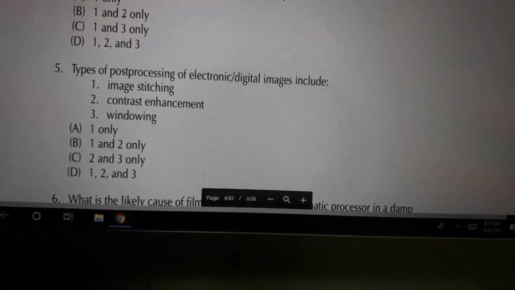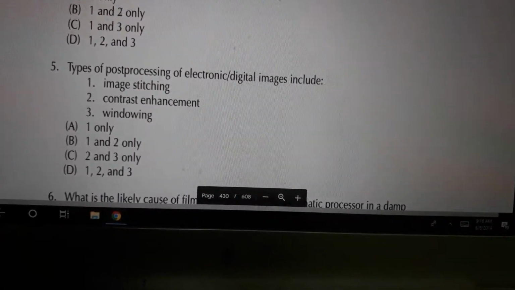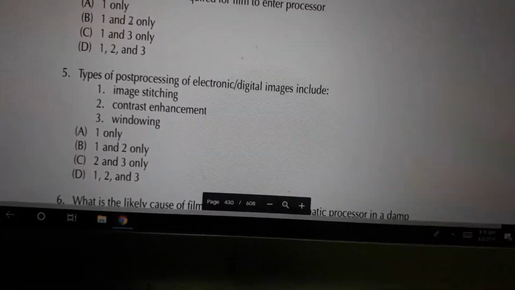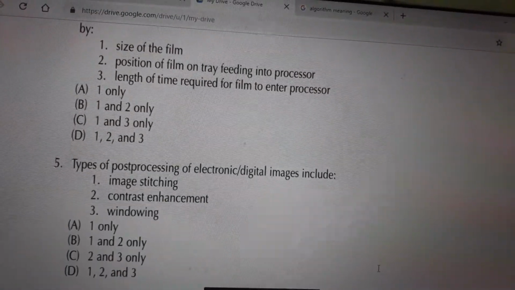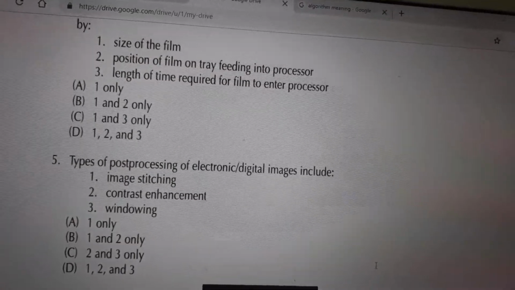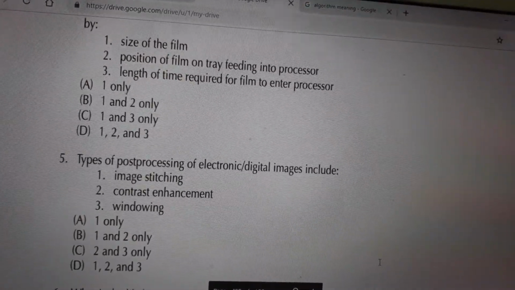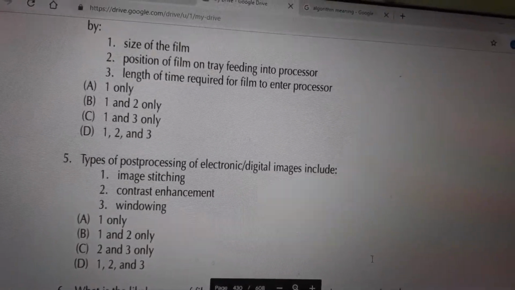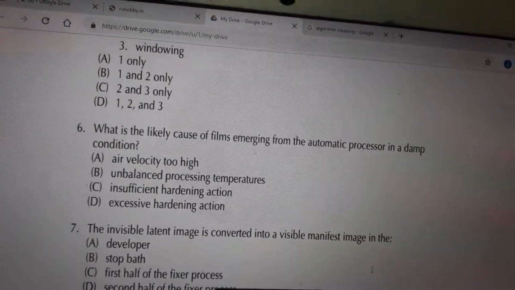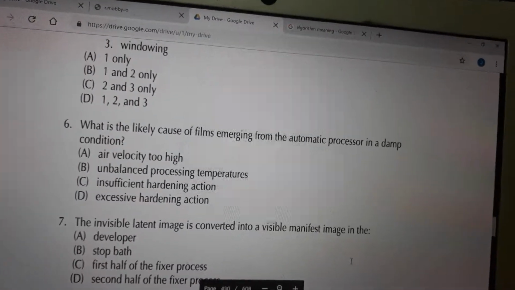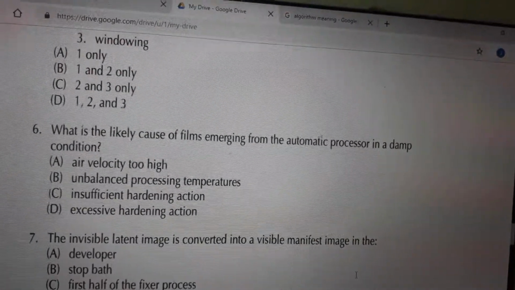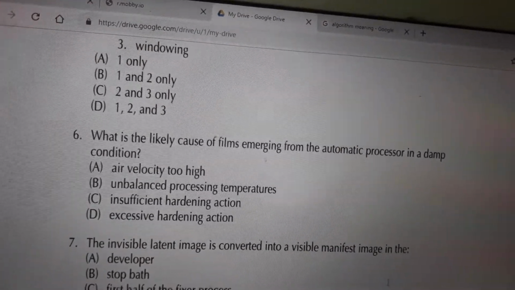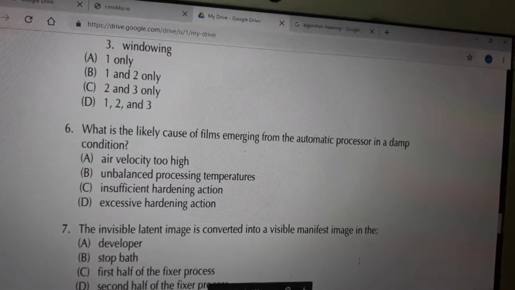Next question: types of post processing of the electronic digital image include. Answer is image stitching, contrast enhancement, and windowing. Now next question: what is the likely cause of film emerging from the automatic processor in a damp condition? Answer is insufficient